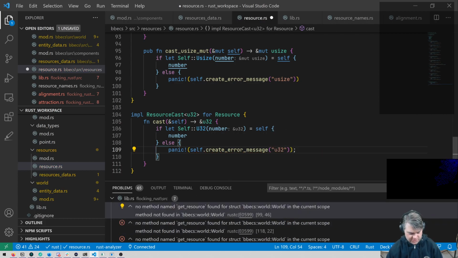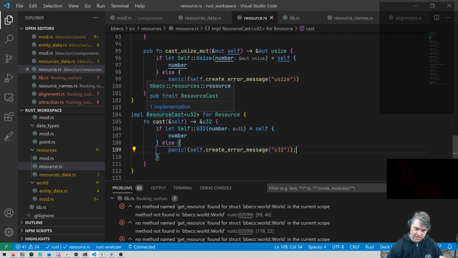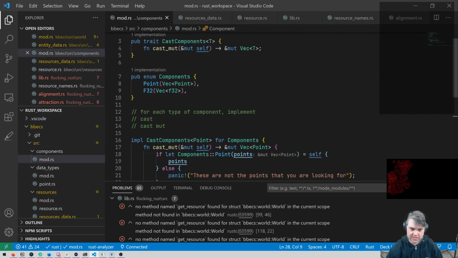But we want to eventually do actual errors. Okay, so if I do this, now we have this cast for U32s. So we're going to come back into the main world, and for